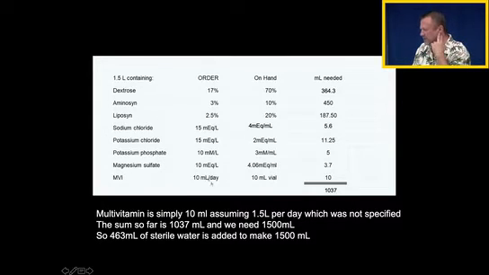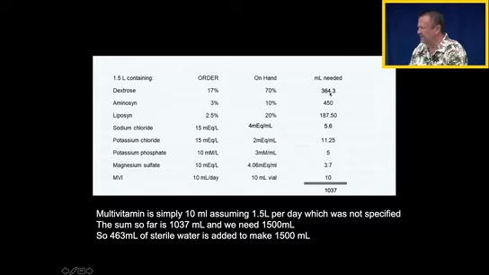I'm assuming that we're just giving 1.5 liters per day because they weren't specific, and I think 3.3 is too much of this, so 1.5 liters per day. And so if they're asking for 10 milliliters of multivitamin, the order is 10 milliliters per day, then we just put a 10 milliliter vial in it. All right. And so when we add all these up,